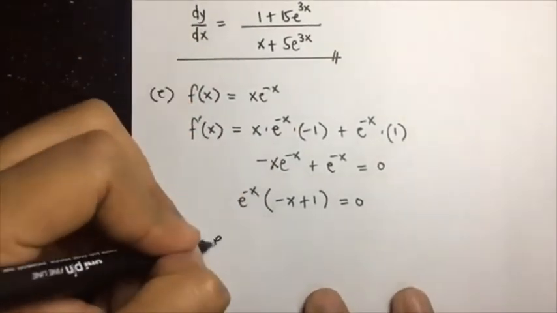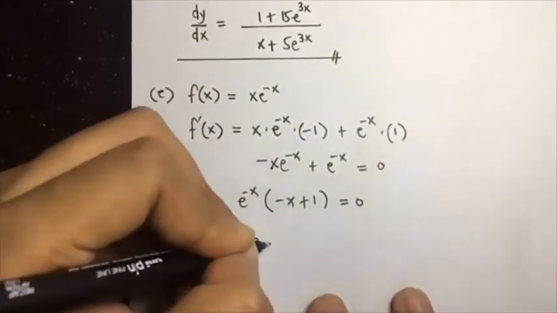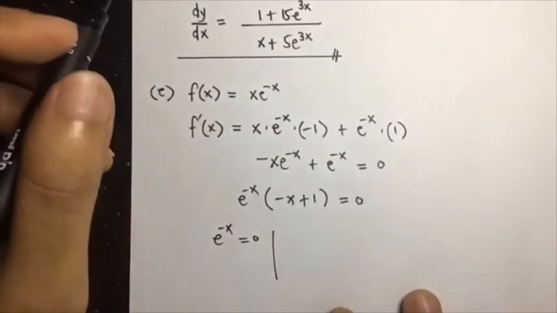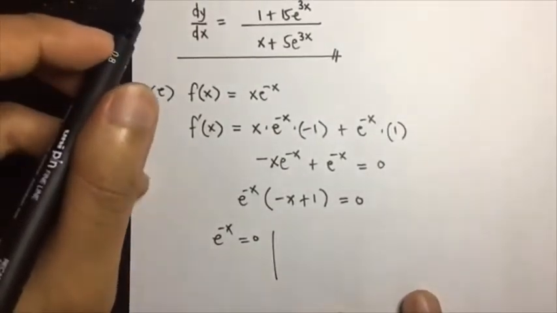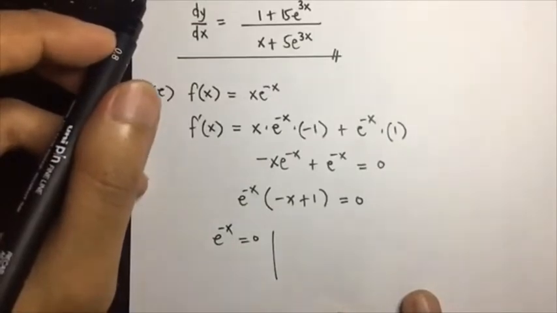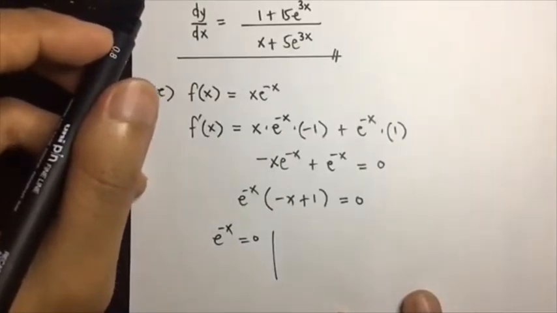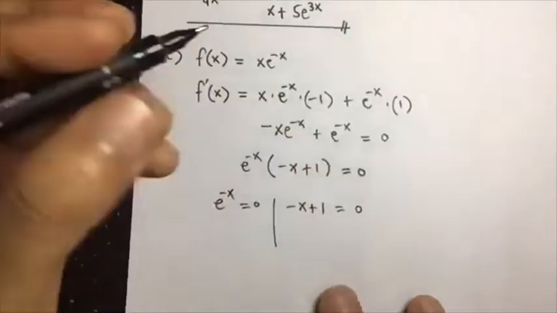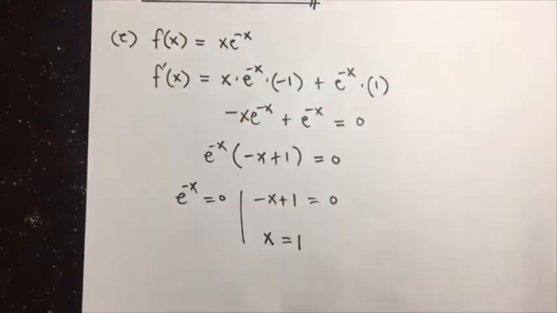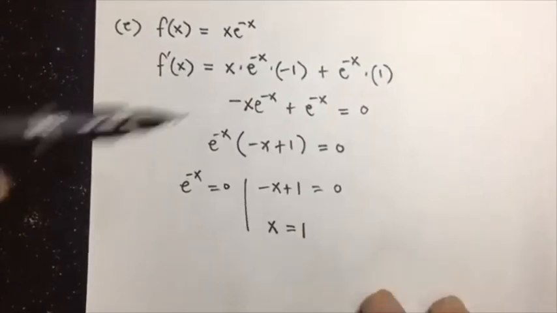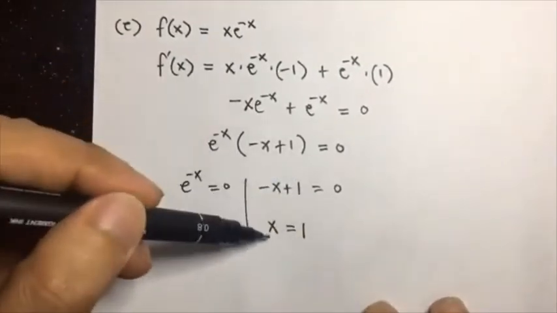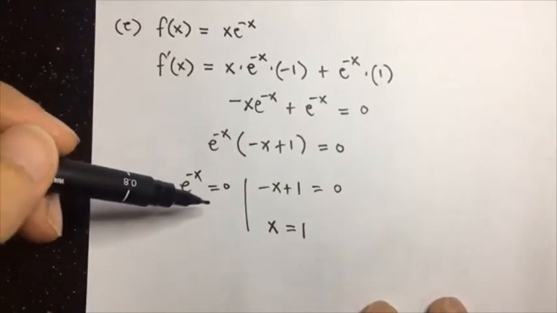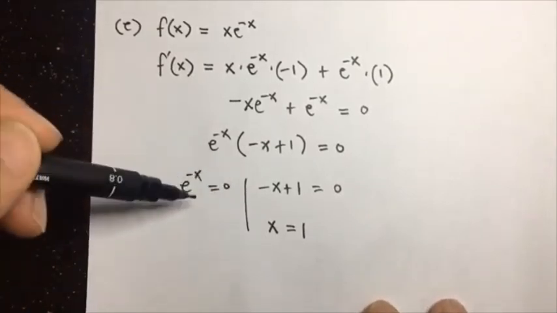Then we will get e to the negative x is equal to 0, and negative x plus 1 is equal to 0. So here we will get x is equal to 1, and then on the other side we will get